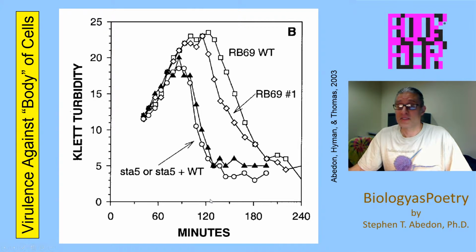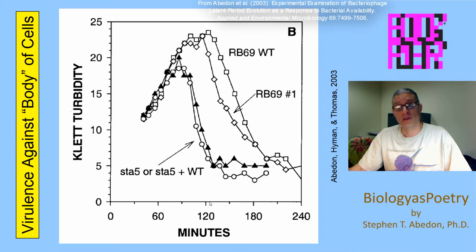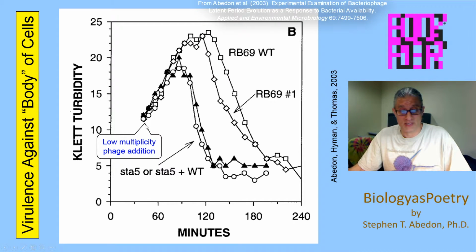Believe it or not, this is the same type of experiment as we showed 2 slides earlier. Instead of looking at the phage population growth, however, and ultimate yield, we're looking at the phage impact on the bacterial population. So the bacterial population is growing, and we've added the phages, and the phages are infecting the bacteria. So what we have here at this point, which is essentially a 0 point for the phage infection,